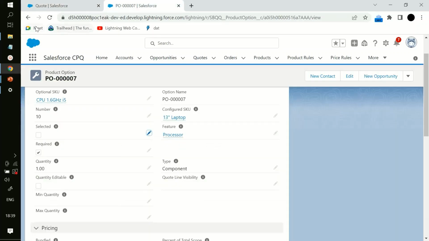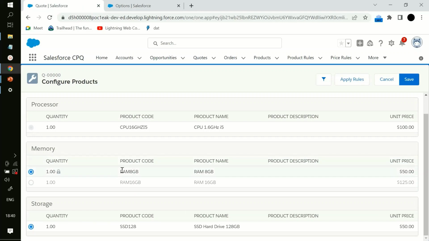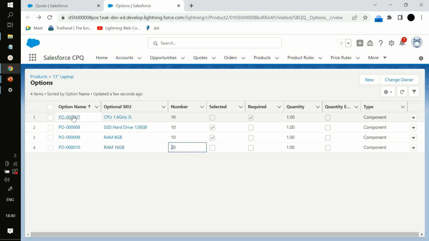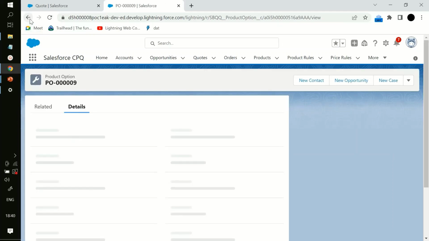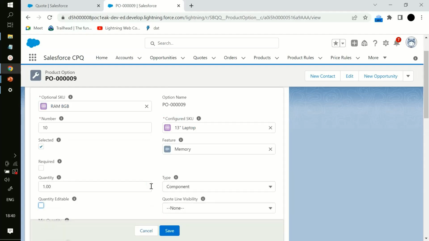Okay. Now, if we go back, there are two RAMs. The number one is 10 and the number two is 20. That's the reason 8 GB is first and 16 GB is second. That particular feature. So in memory, 8 GB is first and 16 GB is in second place. And if I make this, for example, 8 GB quantity editable,